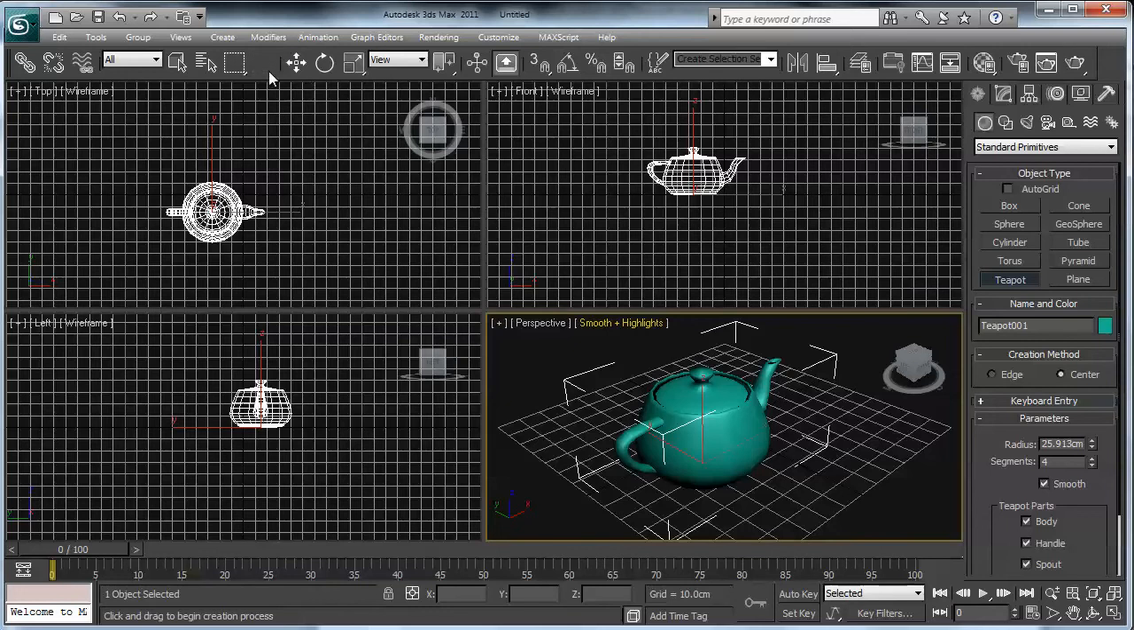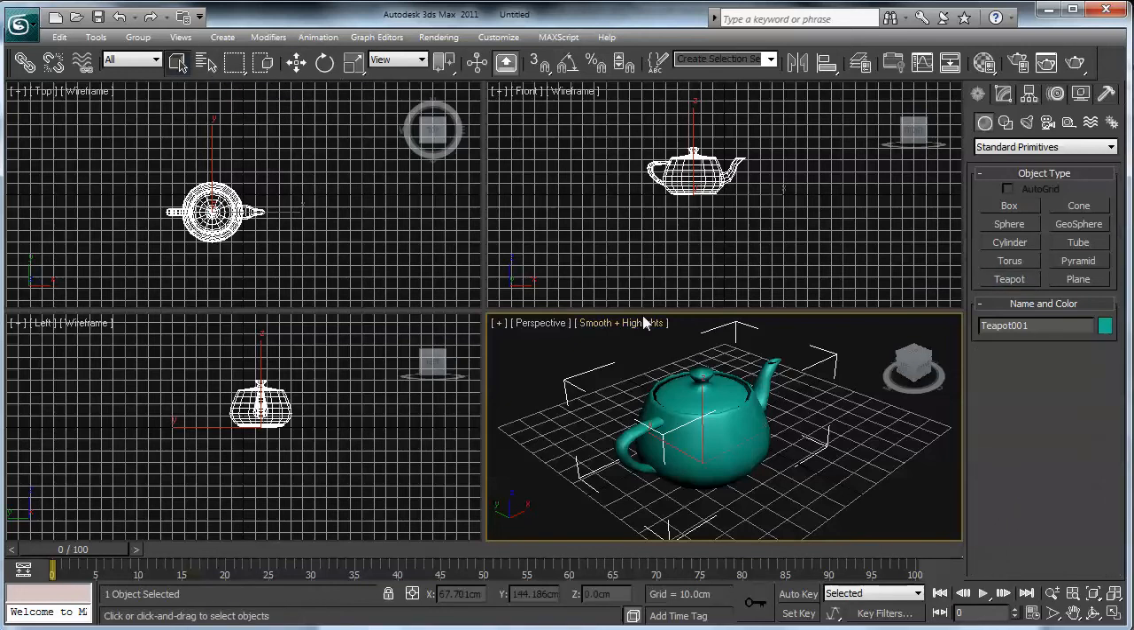So now that we have our teapot, I can show you some of the tools. Here's the selection tool. Right now our teapot is selected because we just created it. So let's click elsewhere in the scene, and now nothing is selected. Then we click on our teapot again, and there it is selected. But what if I want to move my teapot? Well, then I would go to Select and Move, and when I click on this icon, you can now see